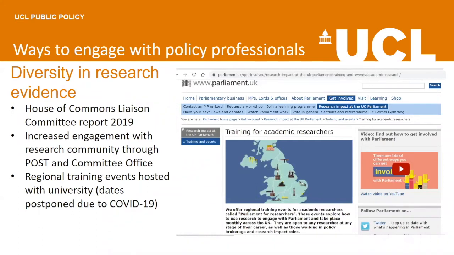But there has been a recent acknowledgement that there is a need for greater diversity and inclusiveness in the type of evidence that's received. In 2019, the House of Commons Liaison Committee report outlined ways that they were going to broaden the effectiveness and reach of select committees, and acknowledged that there is an increased need for engagement with the research community. And so actions that have already taken place building on this recommendation are that the POST,